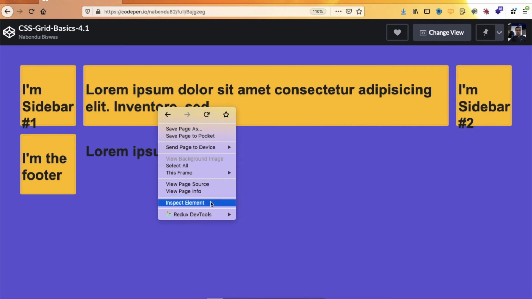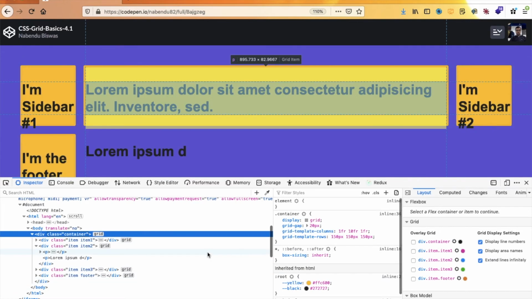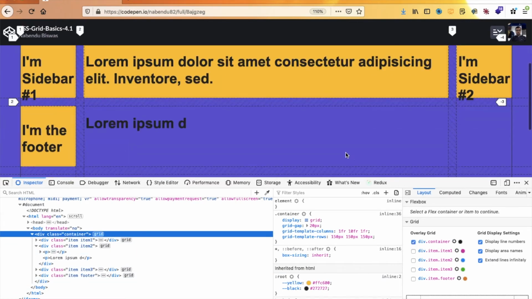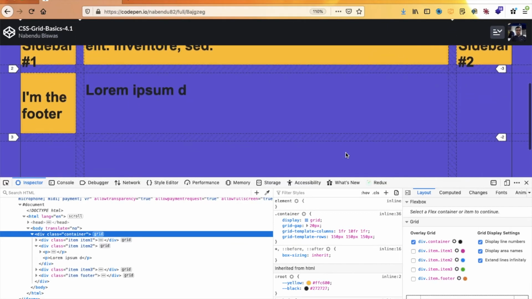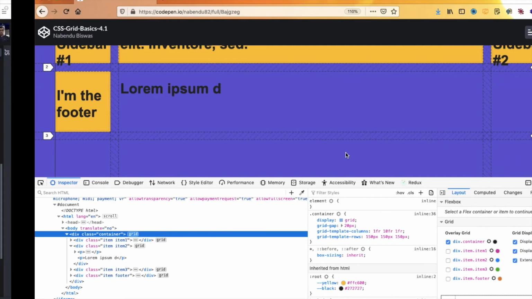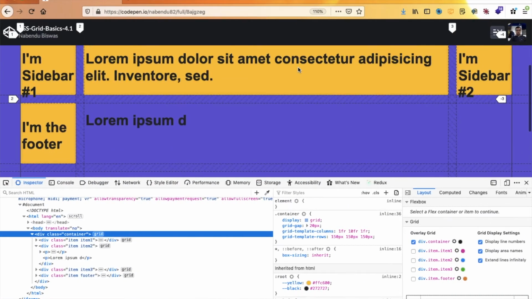Let me do one thing. Let me open my console also. So right now it is like this. Nothing great is happening, we are just dividing it into three columns and 3 rows, but it doesn't have that many items, so it is coming here only. So now grid